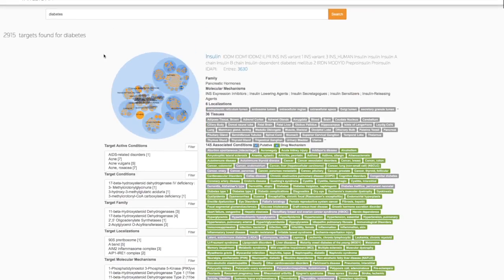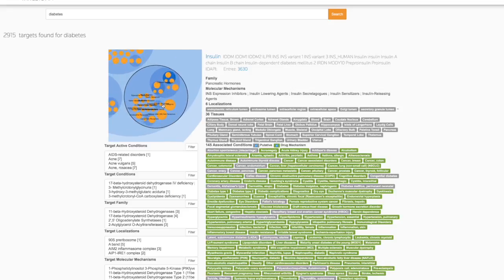On the other side, we have what we call the filters. This information can be used for a number of things. One thing that's very useful about the filters is they can be used to provide a kind of graphical view of what's going on in the result set, because there really isn't enough room to show 2,915 targets. This kind of gives you summary information, and here I can use the filters to provide an interesting graphical view